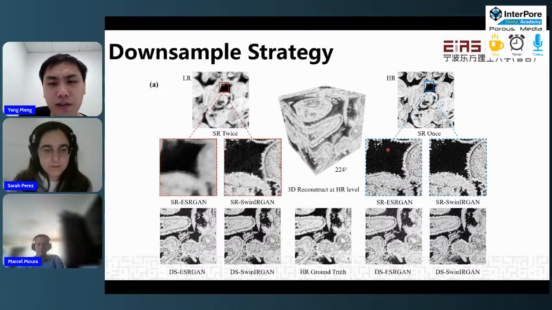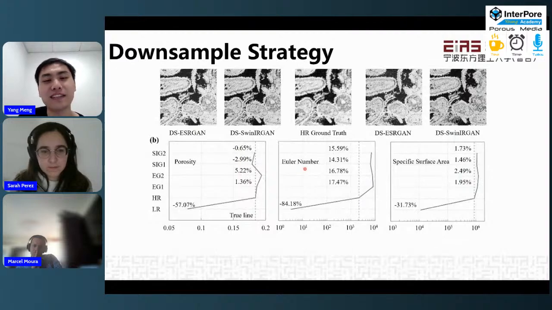So we use the downsample strategy on these extremely high resolution images, and come back to the HR ground truth. And until now, you probably find something weird, because we have two different resolutions, and we use the upsample strategy and then downsample. It seems we did nothing and came back to the HR ground truth. But something interesting in this research is that after downsample, no matter which strategy, SWAR or ESRGAN,